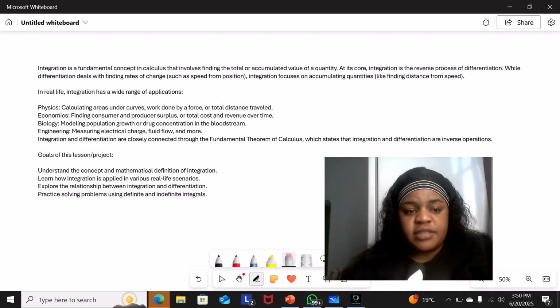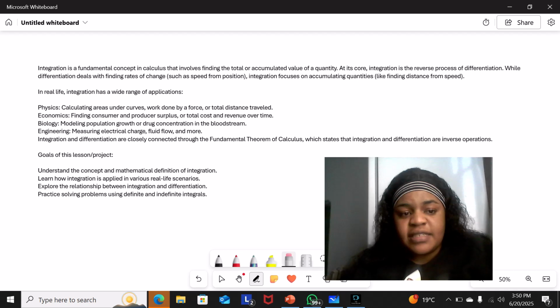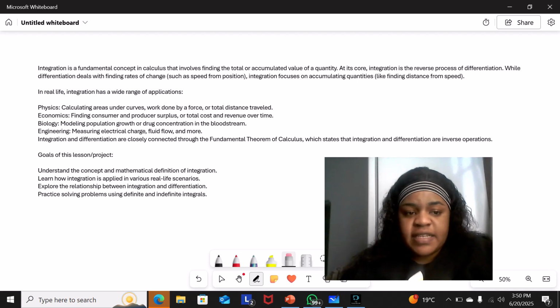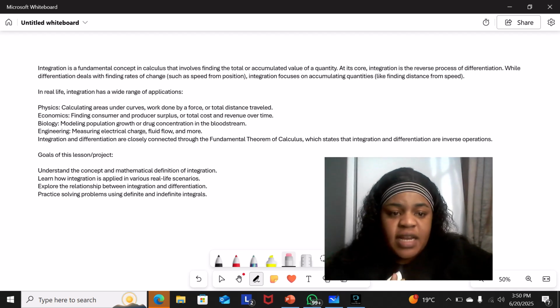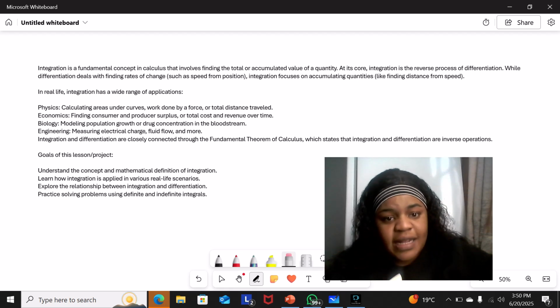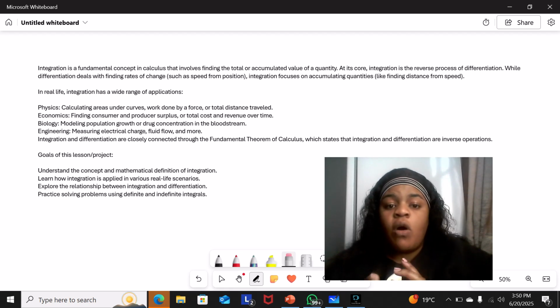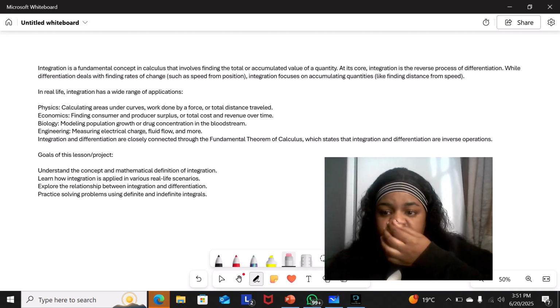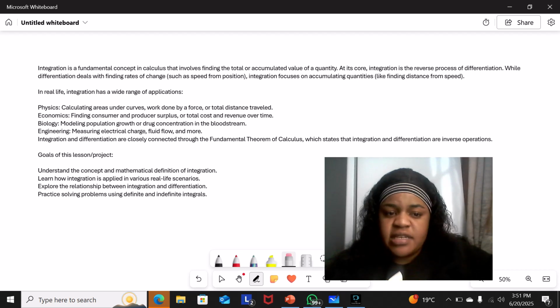What is integration? First things first, you need to know how to define integration. Integration is a fundamental concept in calculus that involves finding the total or accumulated value of a quantity. At its core, integration is the reverse process of differentiation. While differentiation deals with finding rates of change, such as speed from position, integration focuses on accumulating quantities, like finding